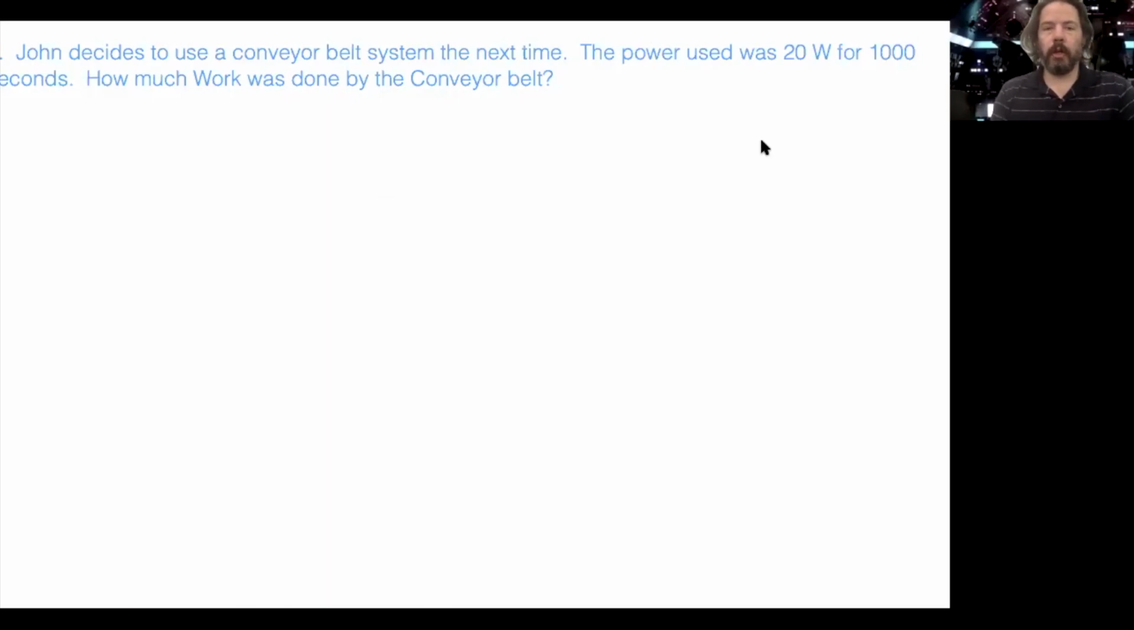We are going to work a 7-step problem from homework 4.3.6. We're going to work this one, and then in a separate video, I'll work number 3. So number 2,